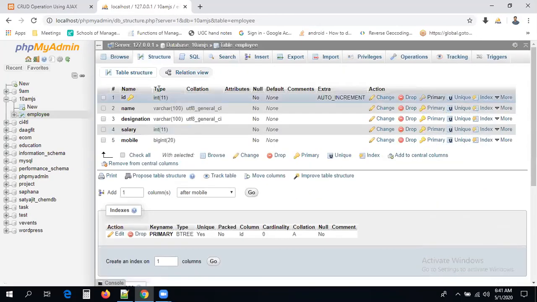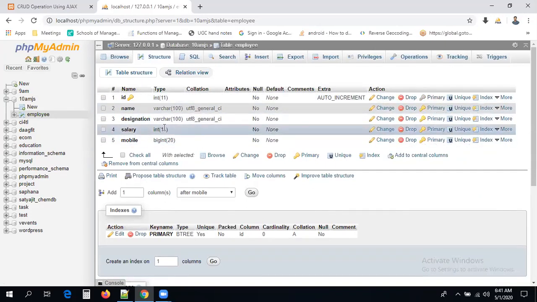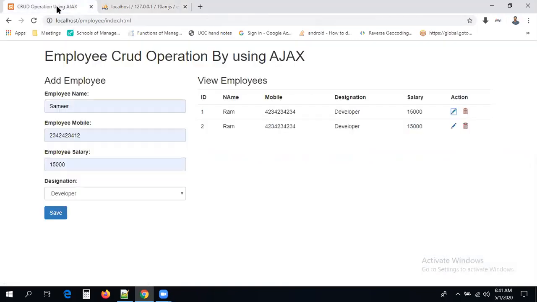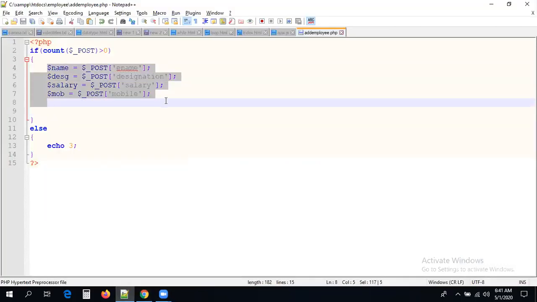Now the table structure is ready. I mean, the table is created, guys. Later, if you want, you can change anything. Yes, we can change this table. But right now, I have a table with me, and in this table I have to insert data. Table created, and now here in my file, data is also ready. Table is ready, data is ready.